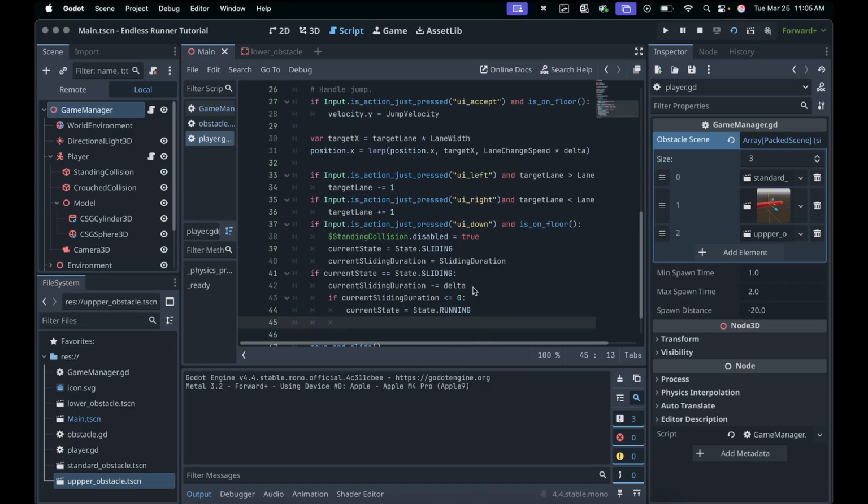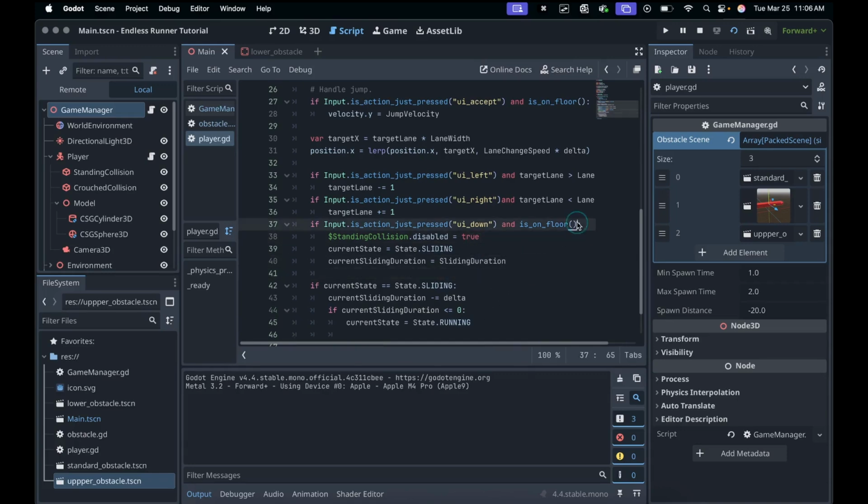And you might be wondering why we would do this, right? And the reason why is because let's say we want different speeds, right? So when you're sliding, you run at a different pace, or if you're sliding, you can't pick up coins, or if you're jumping, you can't pick up coins, right? This gives us that flexibility for us to be able to change all of that. And I'll show you guys other ways to handle this a bit later, but right now, I'm just going to do it this way. So now we can say current state is equal to state.running, and then we can go from there,